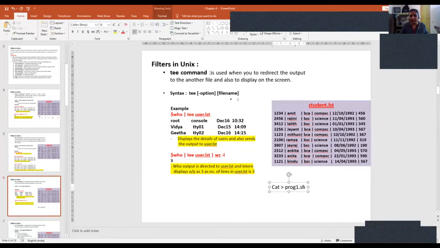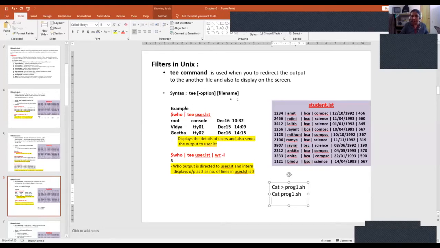After creation, if you want to display, you will say cat program1.sh. That means you are going to type 2 commands here. One is to create, the other is to display. But if you want to do this together, that means you want to redirect the output to another file as well as display it on the screen, then we make use of the tee command.